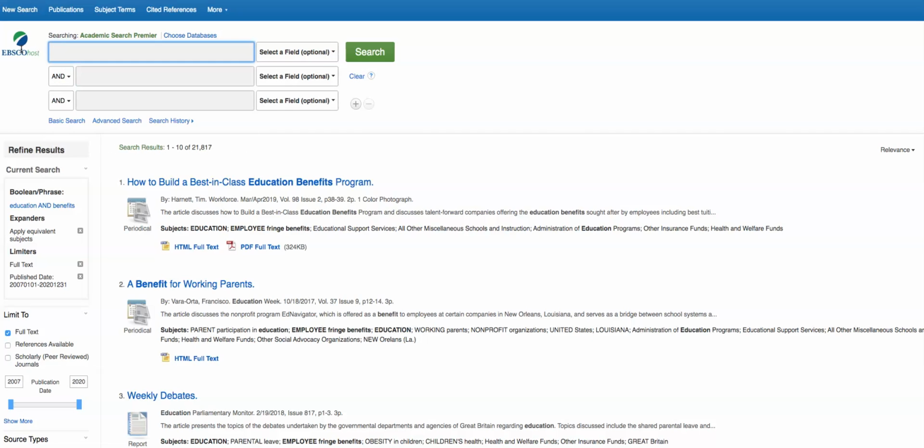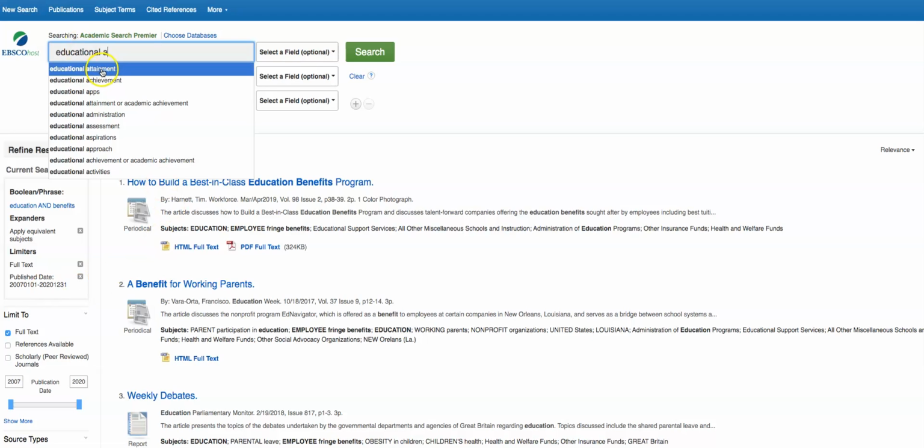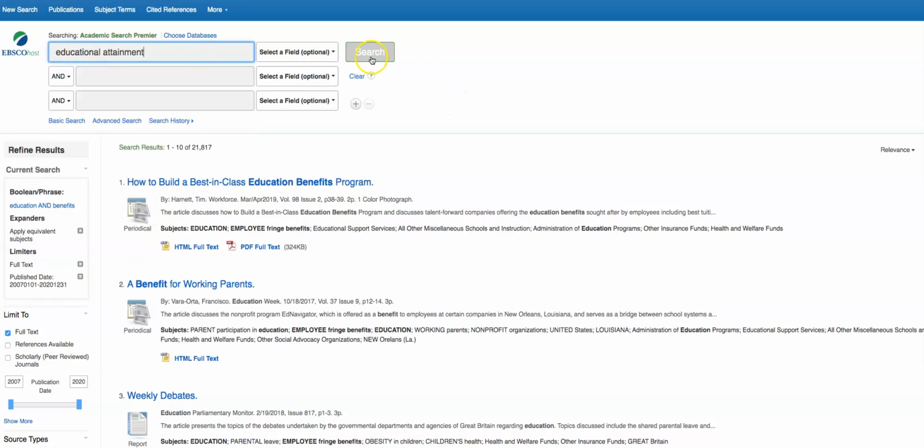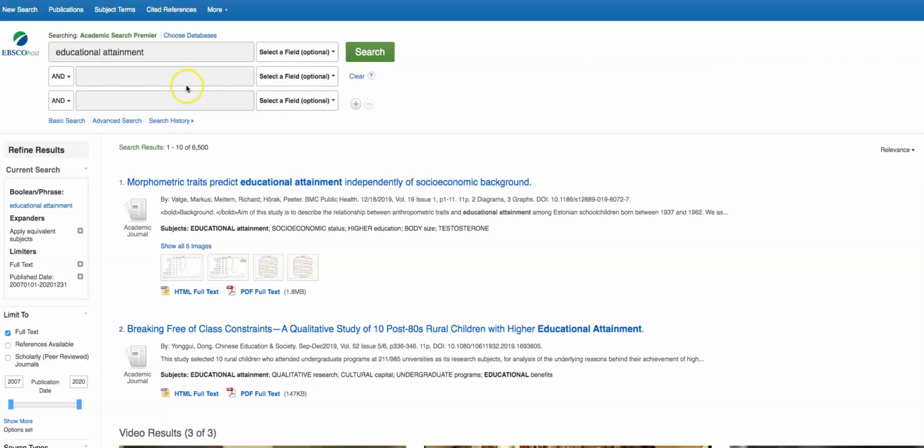Let's say we're really looking at educational attainment. Do you see all the options you have here? Let's just start. Educational attainment or achievement. Those are both good ways to go. Now we can see a search that talks about people breaking out of certain things, class constraints, and that's an